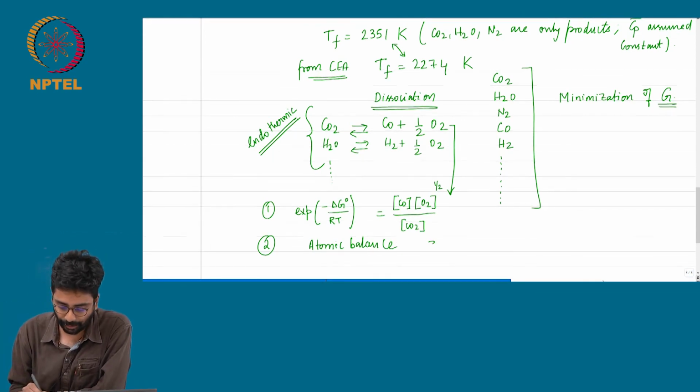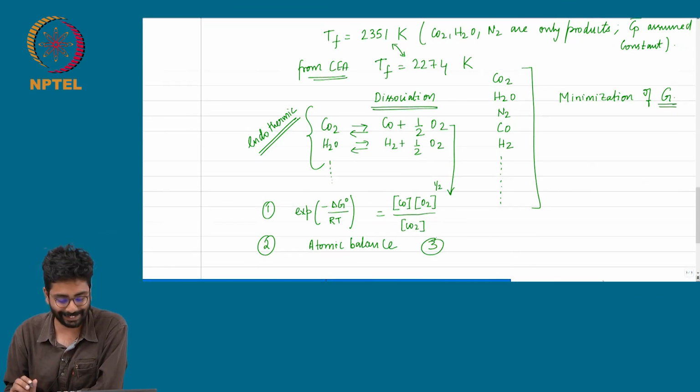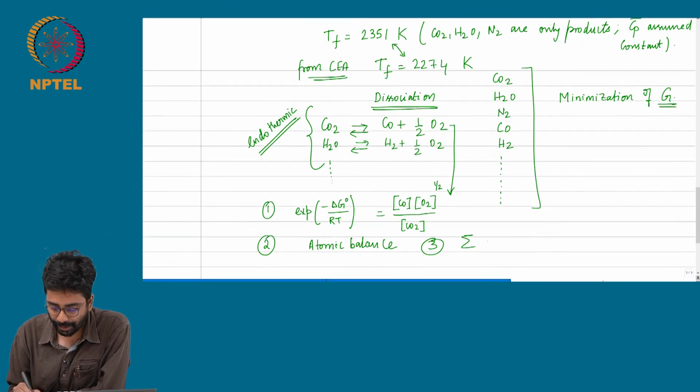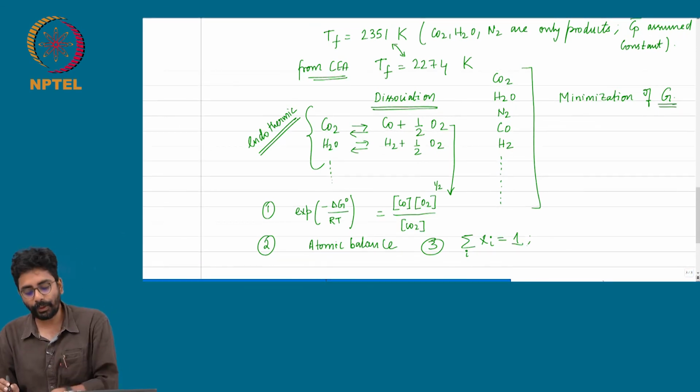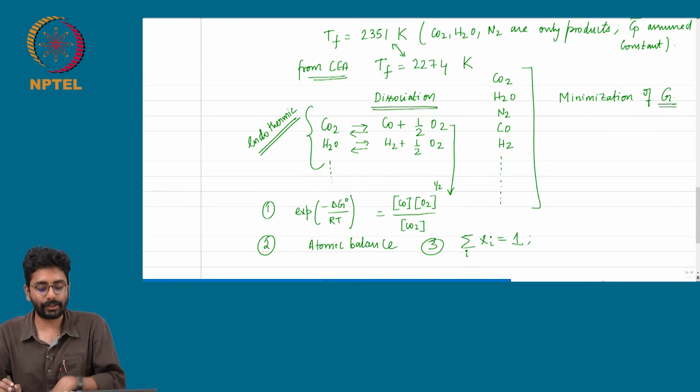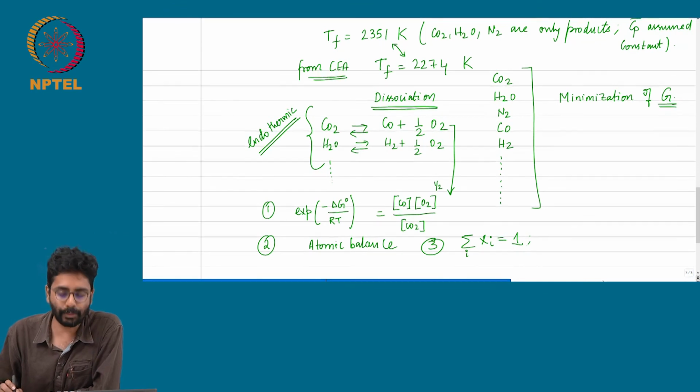So that is atomic balance. That will give you one additional equation to solve. The third equation is a simple relation that the sum of the mole fractions must be equal to 1. Okay. If you put these three equations together, you can solve for the equilibrium composition of CO2 dissociation, steam dissociation,